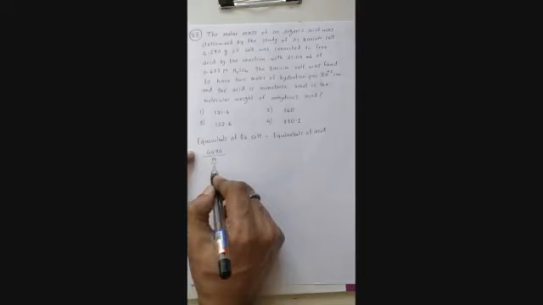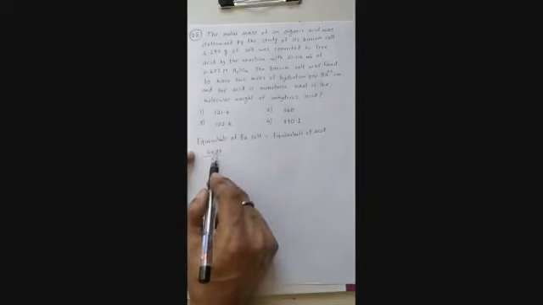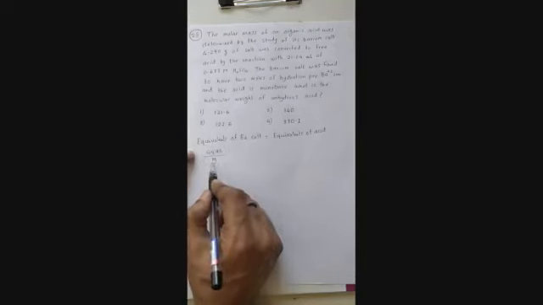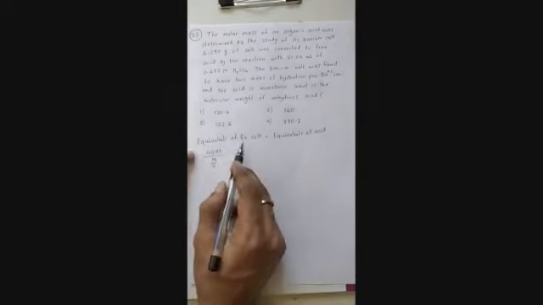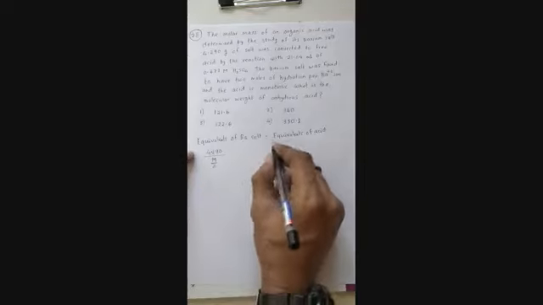So this is weight upon equivalent weight. That is the formula for equivalents of barium salt, in which the weight is given. And what is the equivalent weight of salt? Molar mass upon the total charge on cation and anion. The molar mass of the barium salt is not known, so for that I have written m, and the charge of the cation will be 2, the total charge. Right? This is done.